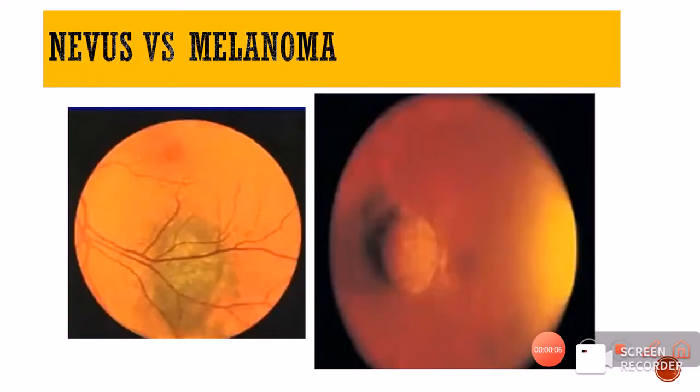Now have a look at these two fundus pictures. One is a nevus, which looks like a flat lesion, and the other one is a melanoma, which has a collar button or a mushroom shape appearance, right? So let us differentiate these two and understand the concept of density and the concept of echoes in these two on the B scan. Now I will tell you what is a nevus. A nevus is actually a benign structure,